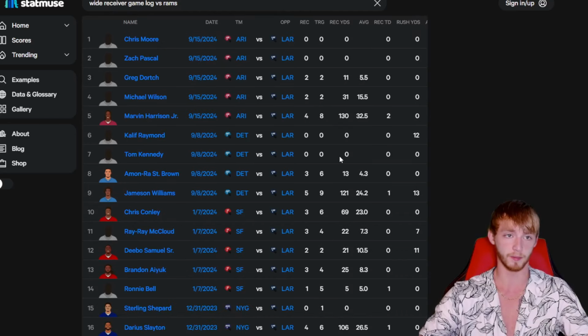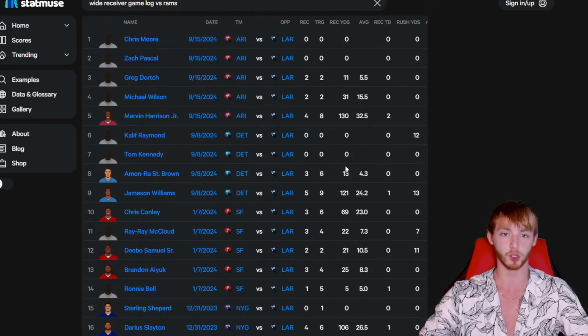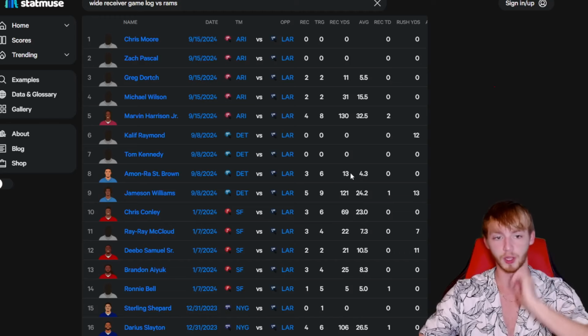He had 8 targets with 4 catches and 130 yards. We can see the same thing potentially for Brandon Aiyuk. I don't necessarily think that we'll get 130 yards, but I do think we can have a pretty good game, considering also the week before, James Williams had 5 catches for 121 yards. Now, he's more of a big play guy for sure. And Amon-Ra St. Brown did only have 13 yards in that game, but still, they're just allowing some big games